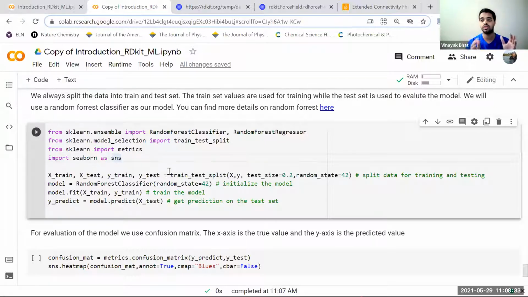Before training a model, we need to split the data for training and testing. So we say 20% for test data. You can change it, but people usually have an 80-20 split, 80 for training and 20 for testing. We put in the X and Y values, and we get X train for training and X test for the X values for testing, Y values for testing, Y values for training.